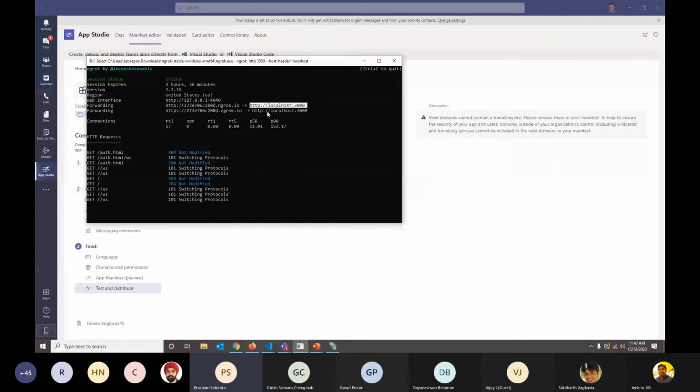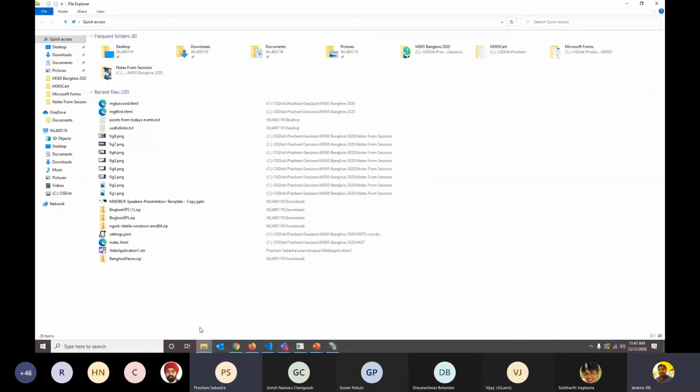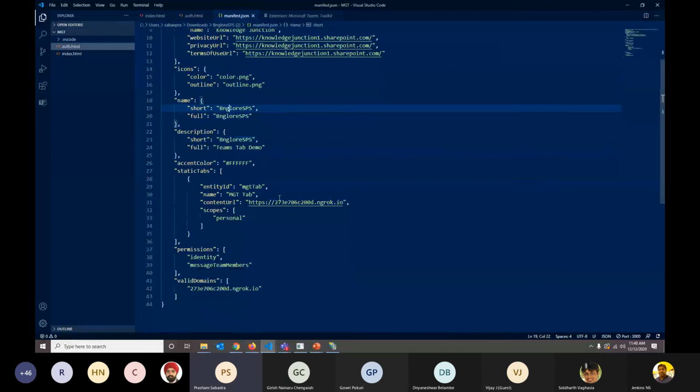But then we could download this, and it gets downloaded. If I go to my downloads and extract it, I'll show you. It contains this one manifest JSON file. If I open it with Visual Studio Code, you will see all that we specified in our file: what the privacy URLs are, what the name of the application is, what the short name is, and what the content URL is, where the Team's content is surfaced. So either the ngrok URL, or if it is Azure, then the Azure URL. This kind of thing is the manifest.json content.